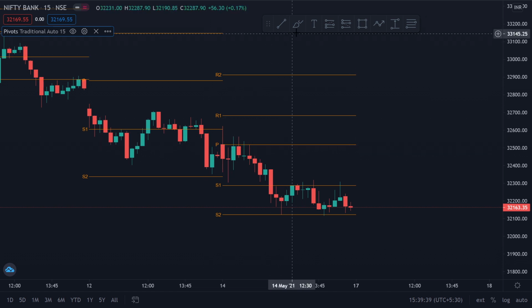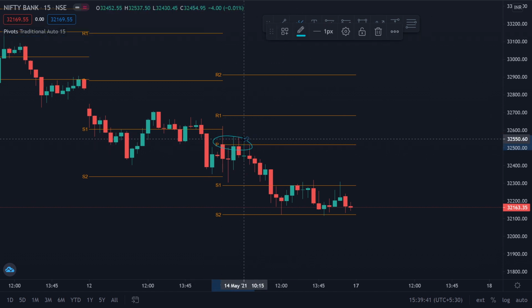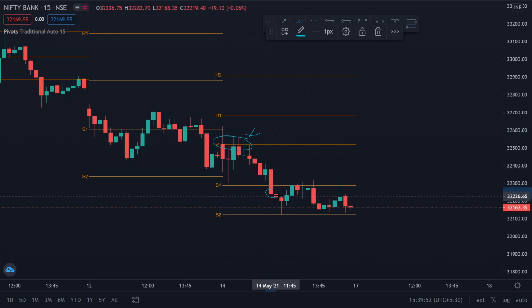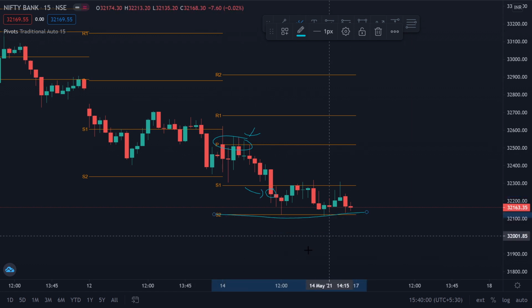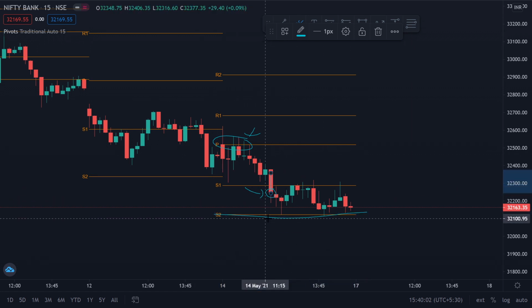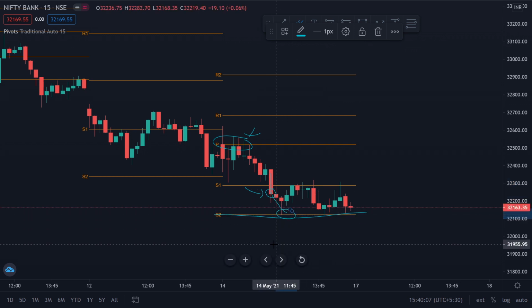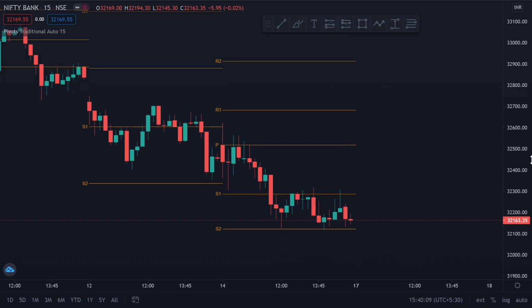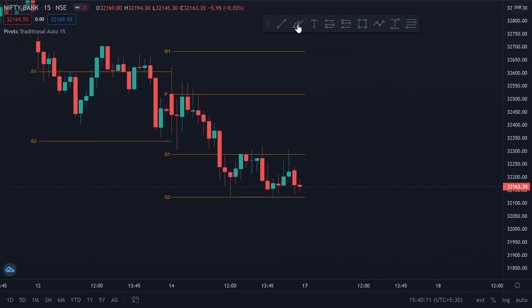So the most basic logic is, if you can see here, clear rejections from this P point. Price was never able to close above this P point, and P point was acting as a strong support resistance for today. And when it came to S1, the first time price closed below S1, we can take this as a basic sell signal with our targets at the next S2. You can see when price closed below S1 for the first time, price had hit our target S2 here, and then price failed to close above this S1 afterwards.